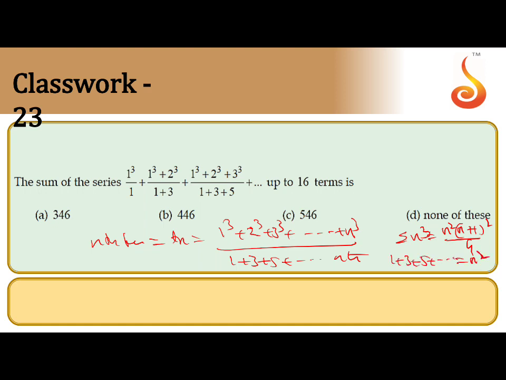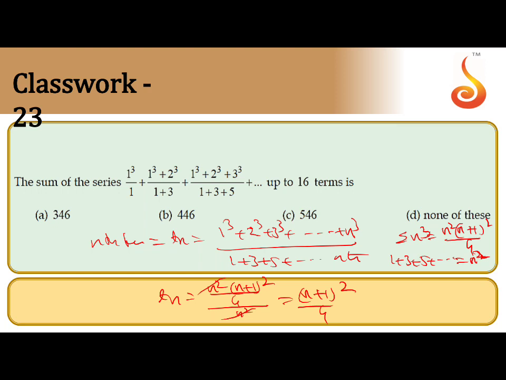There is a formula for the sum of even terms and the sum of odd terms. The odd terms sum is n square. Sigma n cube is n square and n plus 1 whole square by 4. Therefore, Tn is n square into n plus 1 whole square by 4, divided by n square. So n square cancels, and we get n plus 1 whole square by 4. That is Tn. So you have to find S16, you have to calculate. I will take it on the next page to solve it.